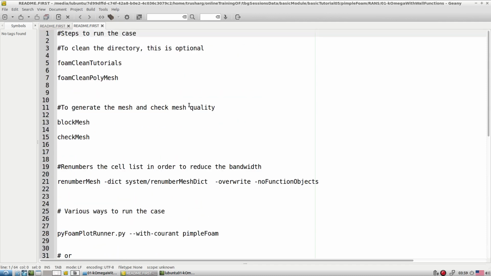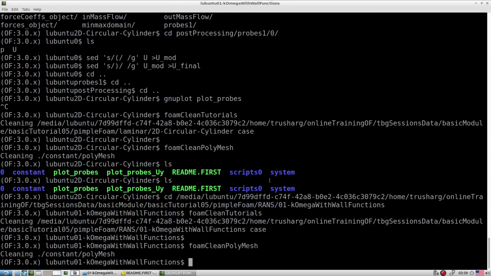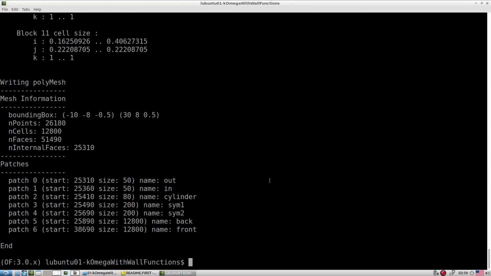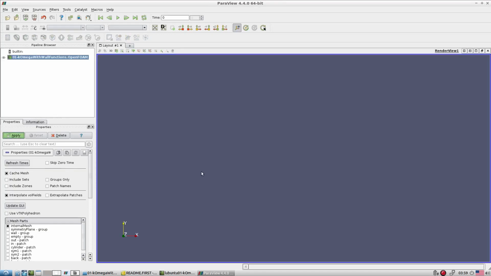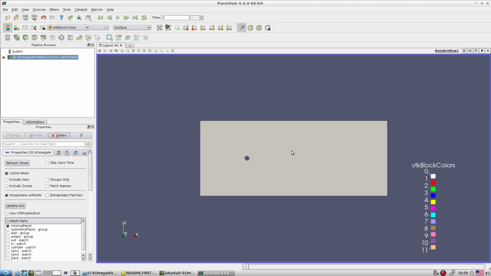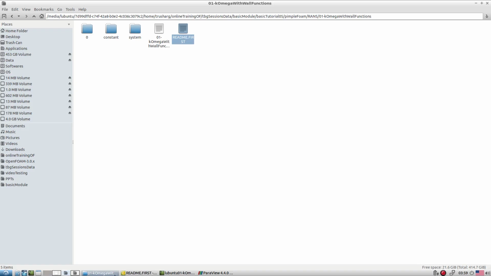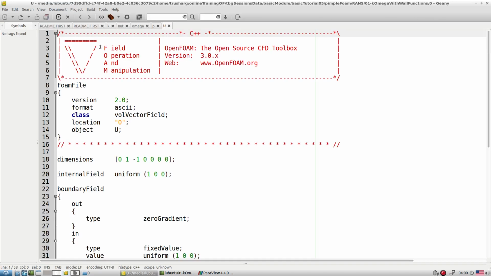So this is again wall functions we activated. Let's first quickly clean the case. blockMesh, paraFoam, check the domain and everything. This is again the flow over a circular cylinder only, but we are working with the k omega type of model. As I told you previously, when we are working with the k omega type of model, certain types of boundary conditions are available.